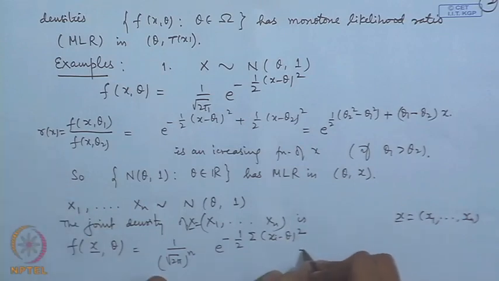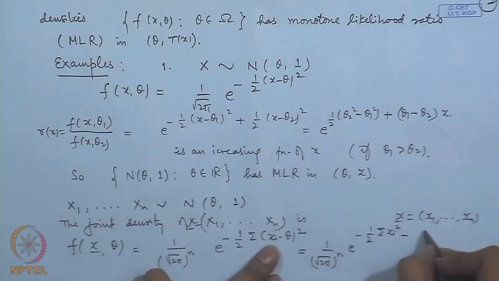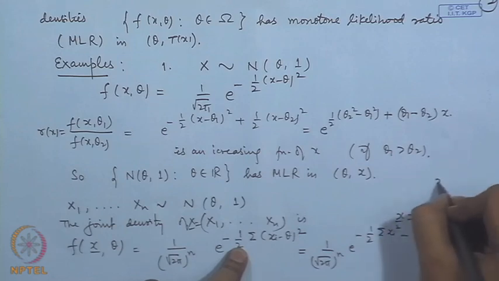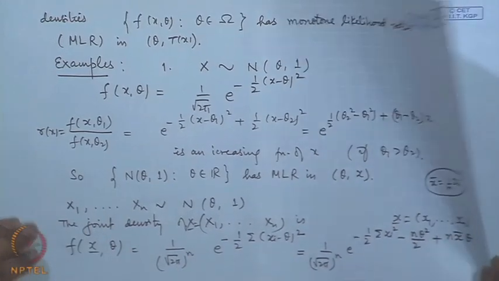Let us simplify this. We can write it as 1 by root 2 pi to the power n e to the power minus half sigma x i square minus n theta square by 2 plus, now you have the cross product term twice x i theta with a minus sign, and minus minus will become plus and 2 will cancel out. So, you get twice n x bar theta, where x bar is the 1 by n sigma x i. Okay. So, now you write down this ratio